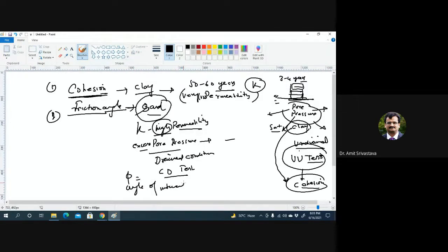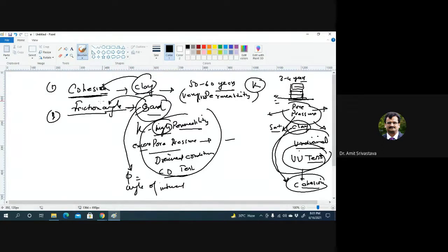From it we only get phi, and that is the reason we always relate sand with phi. We started relating sand with phi, and with time we have all forgotten this part. And what we say is, clay means cohesion and sand means friction angle.